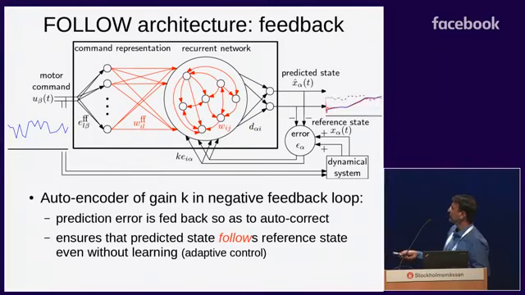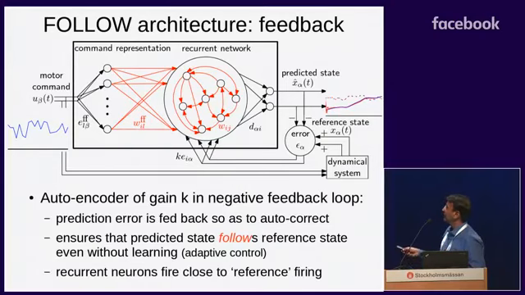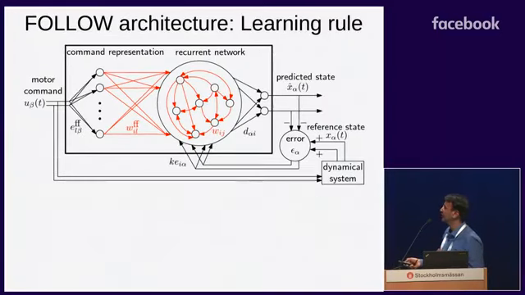And now, given the input u, we see that the red prediction follows the blue reference. Of course, there's no learning yet. If we cut off the loop, it's going to go back to not following. And what's interesting is not just this low-dimensional, four-dimensional variable following it, but actually because the error is driving these neurons, each of these neurons has its activity close to the ideal activity that it should have to generate x. And this is the trick to enable us to have local learning. The activities here are already ideal right from the start, even without learning on the weights.